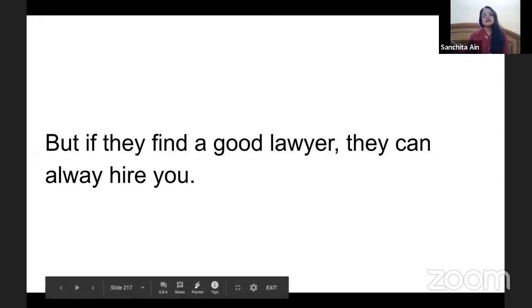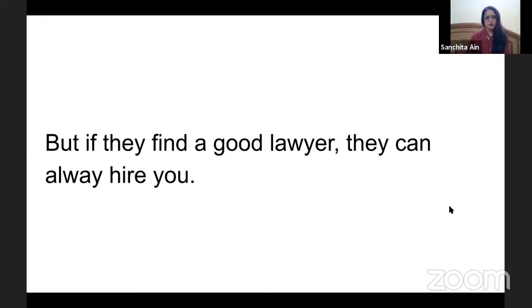You won't find a senior advocate, except a few of them whom I have known for years, who can tell me, oh, I'm looking for a junior. Otherwise, you won't even hear it in the corridors of the Supreme Court that a senior advocate is looking for a junior. But if they find somebody suitable, they'll always hire. Even if they can only have 4 juniors, if they find somebody suitable, they'll hire them. Senior advocates do have that capacity to do it.